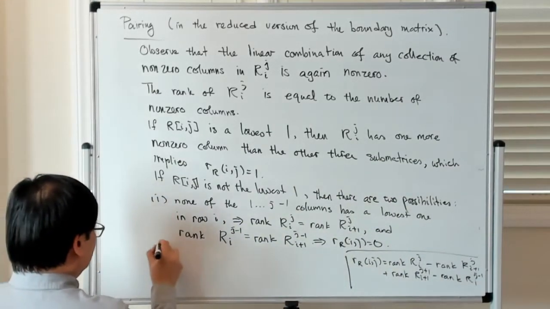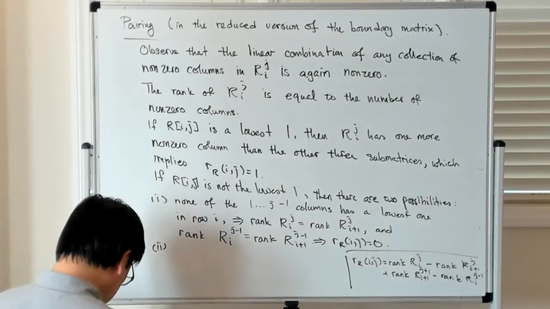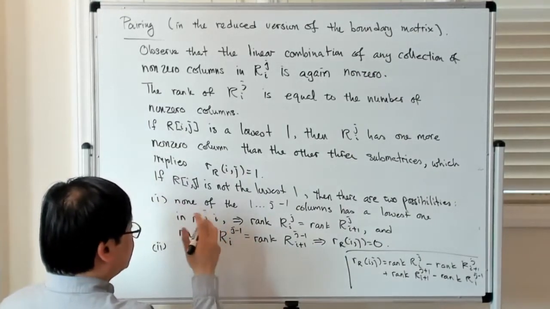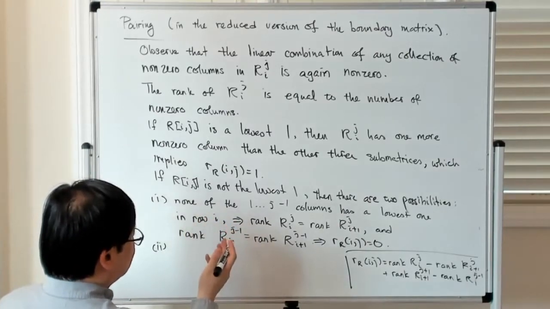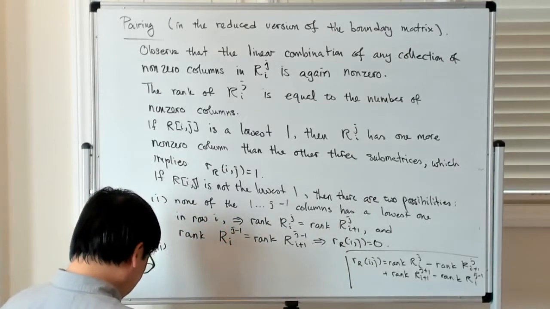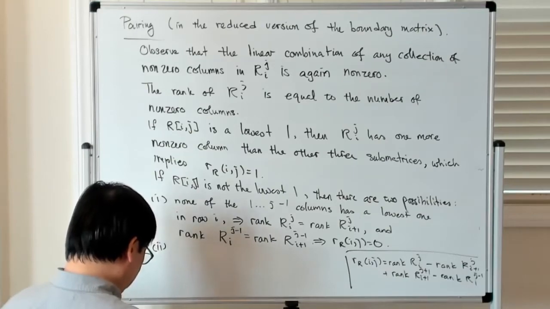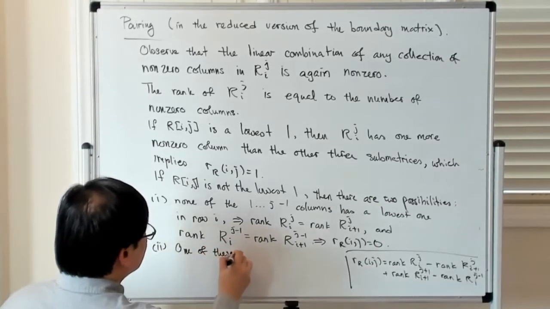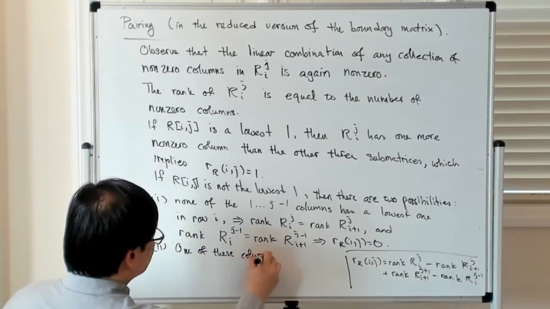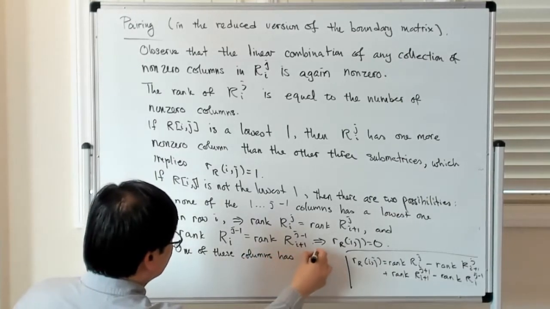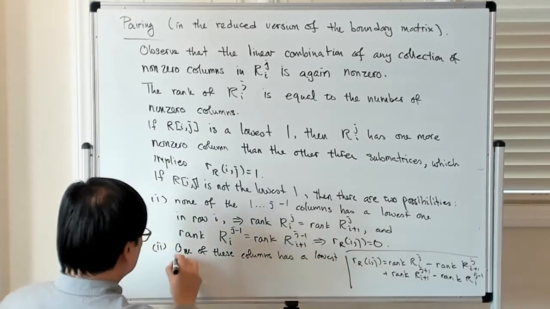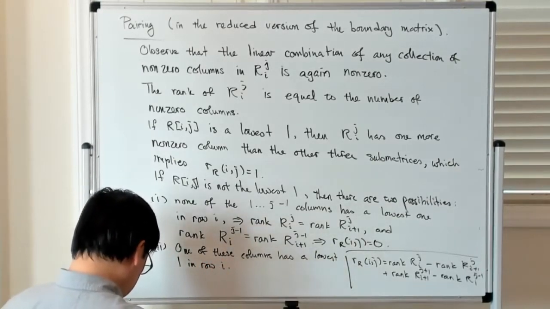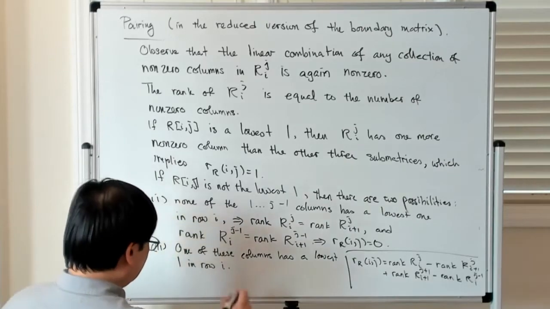Let's look at another case, case 2. So the other case is that one of these 1 to j minus 1 columns has a lowest one in row I. Okay, then